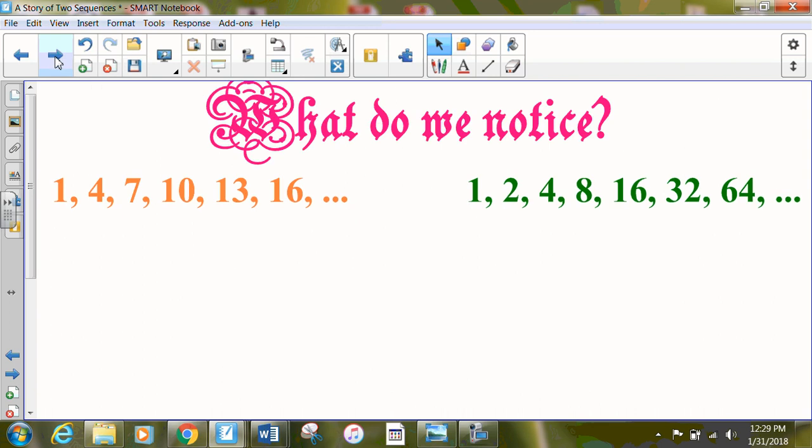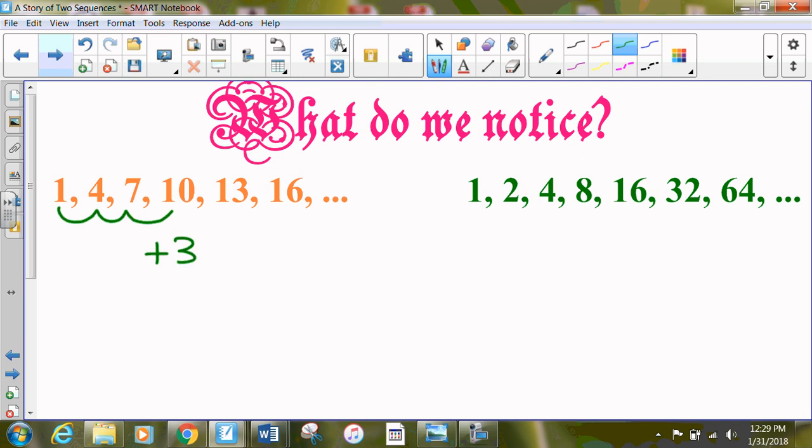Obviously, they are all numbers but separated by commas. They both start with the number 1. But when we look a little closer, this one, as we're looking from number to number, increases by 3, right? Each term goes up by a value of 3. And this